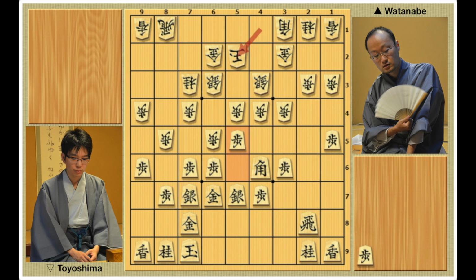The game proceeds with pawn takes, bishop takes. Here, for example, if Toyoshima plays bishop to 6-4, then Watanabe would be in good shape after bishop to 4-6, intending silver to 5-6 on the next move, and after pawn drop 5-5, pawn drop 5-6, silver to 5-4, pawn